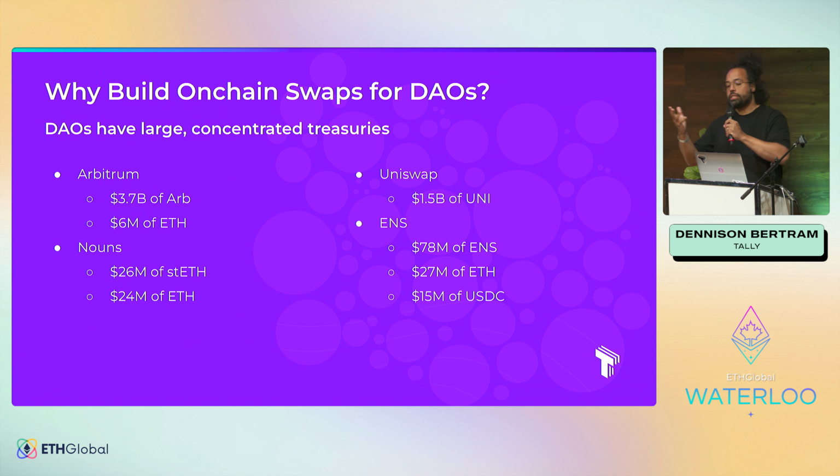Right? And then, of course, ENS. ENS has 78 million of ENS. They have 27 million of ETH and 15 million of USDC. And actually, this 15 million of USDC came about as a proposal that was done earlier in the year. It was very contentious around treasury management for ENS. And that was actually a proposal that helped us see that this tool that we're announcing today is actually very